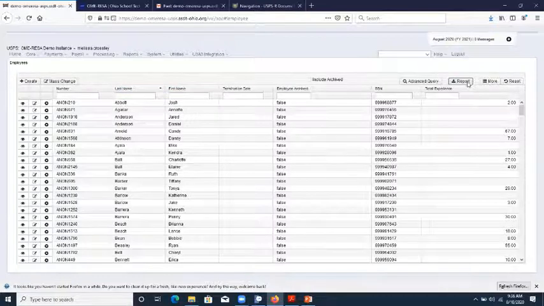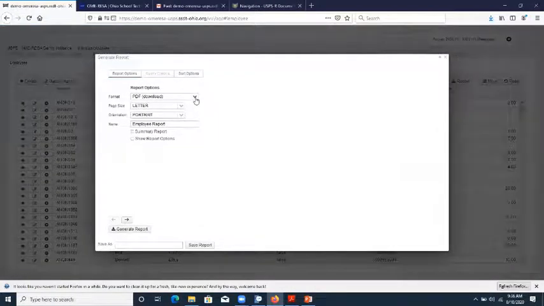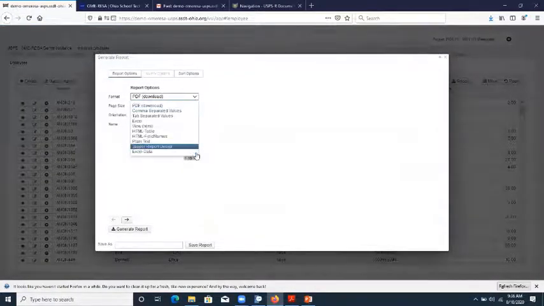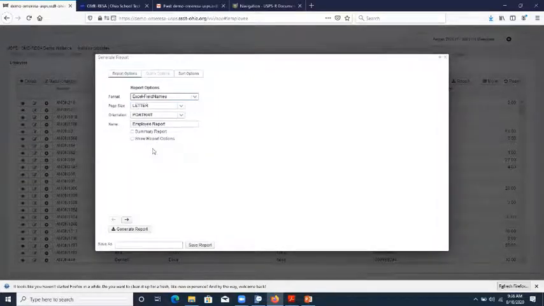When I go to make a report, you have different format options. One of the format options, on the next page, is Excel field names. That puts the column headers in for you, so you don't have to guess what the column header should be. So if I wanted to do that,